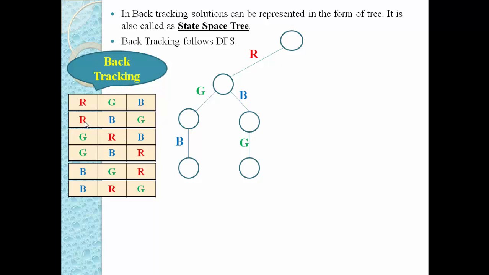So this is our second sequence, that is red, blue and green. Now we cannot explore the node again, so we have to just go back. Blue, so still we cannot explore, so go back. Red, so in place of red we can use another object, for example the green object.